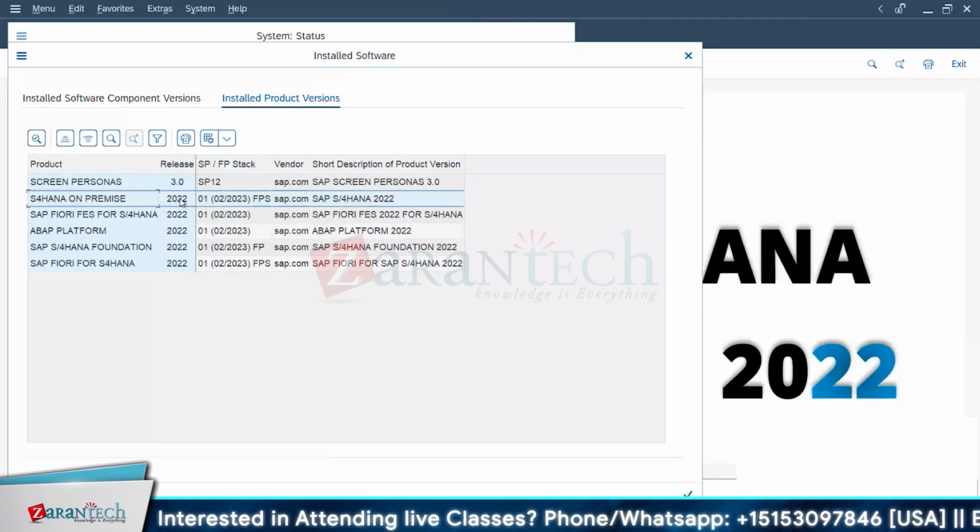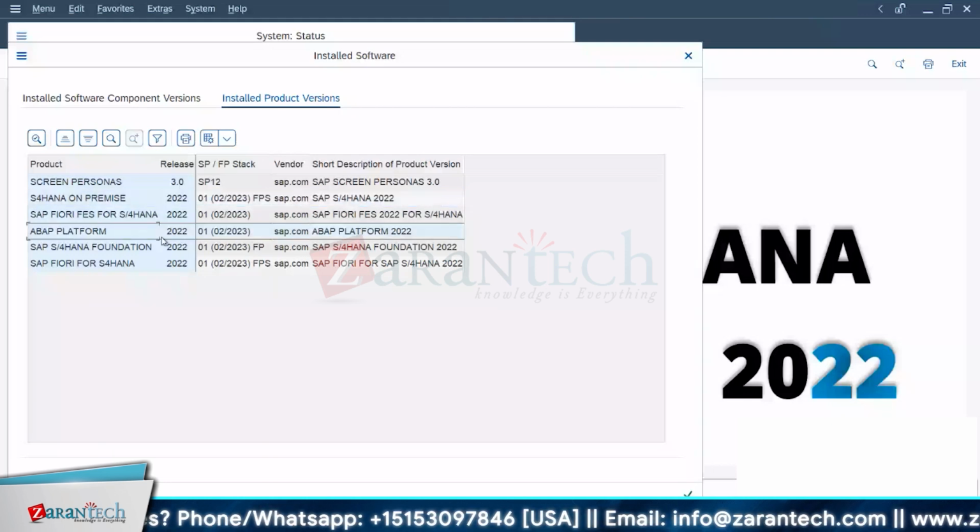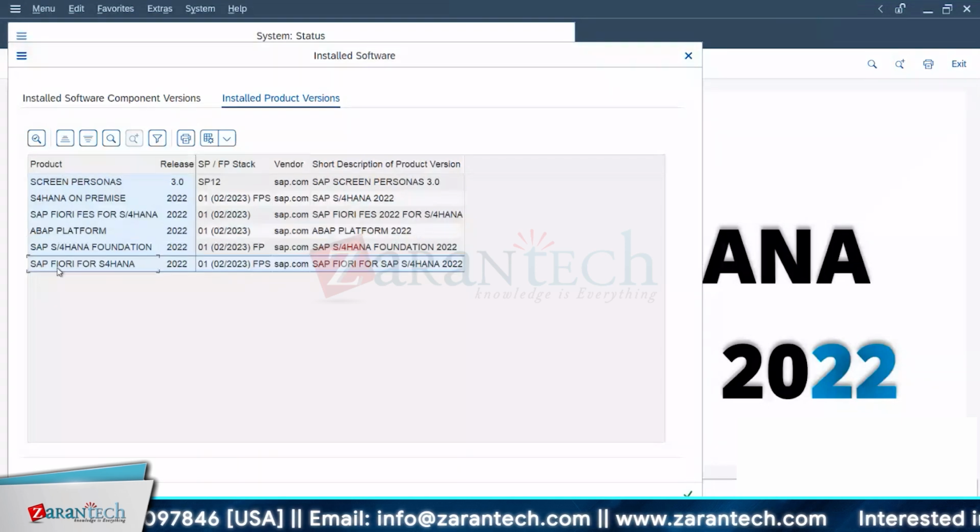That is fine. Screen Persona version 3.0 is installed. ABAP platform is nothing but your web application server, application server, all of that. That is also installed. But if you see this one, SAP Fiori front-end server for S/4HANA,